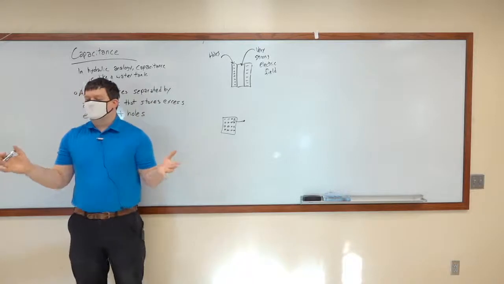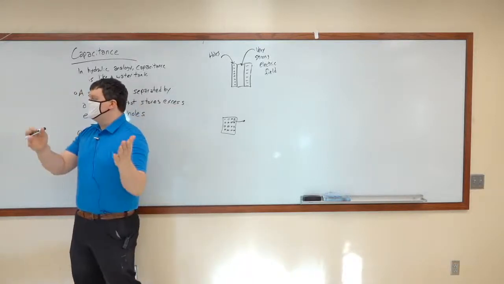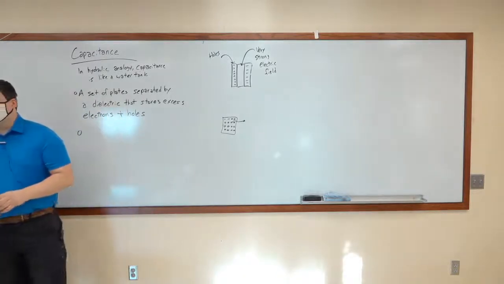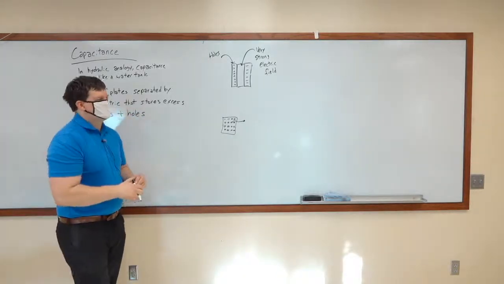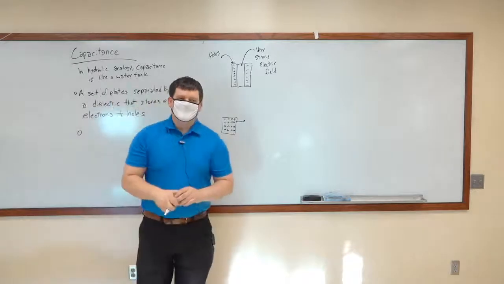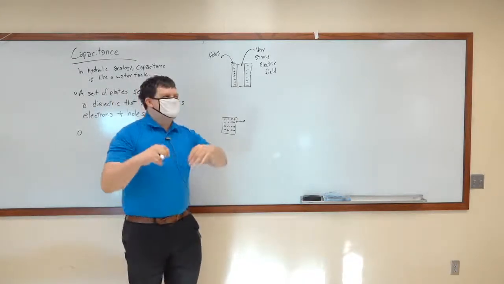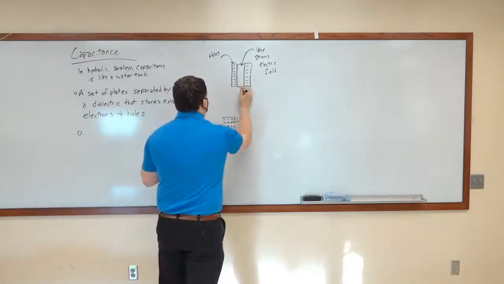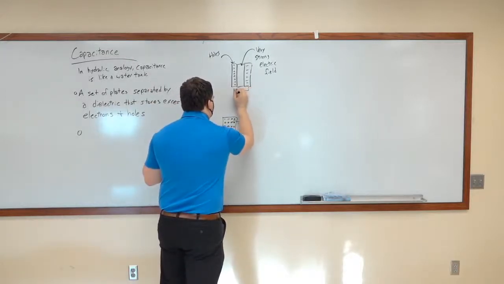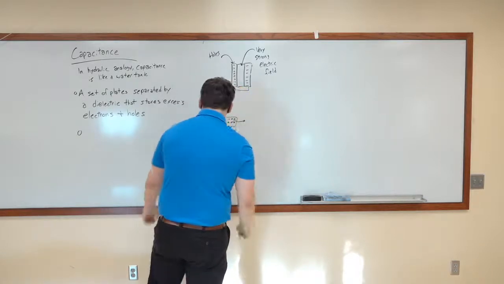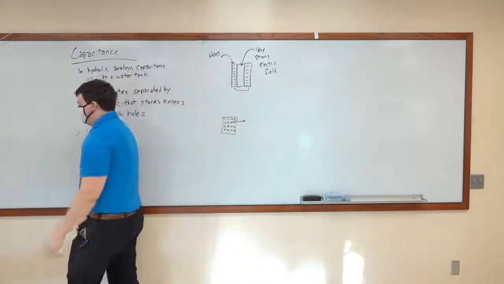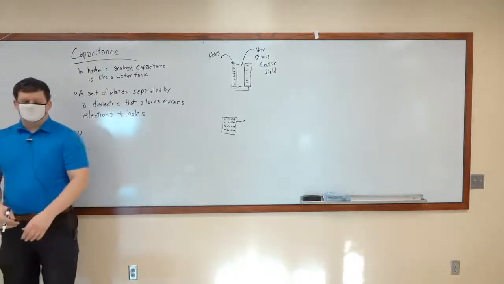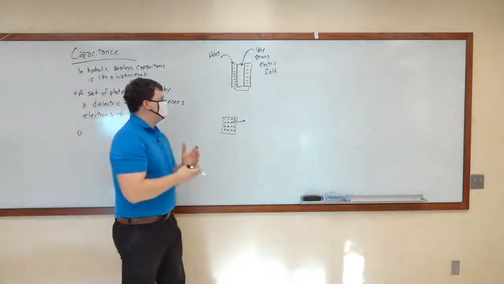Now in a perfect dielectric, electrons cannot jump between one terminal and another. It turns out there's something called electron tunneling where electrons can travel through just about any material. It does happen, so there is a trace amount of electric current with electrons traveling from this end to this end. That's known as a parasitic effect, but that was in the reading. I wasn't planning on getting into that today.